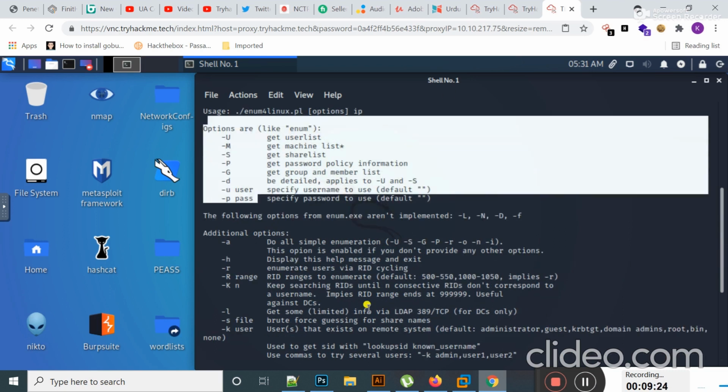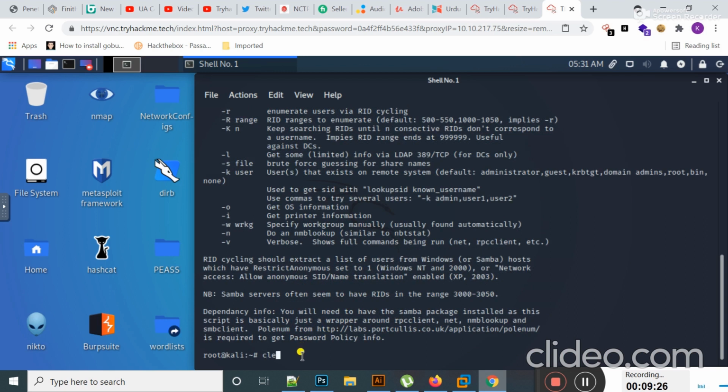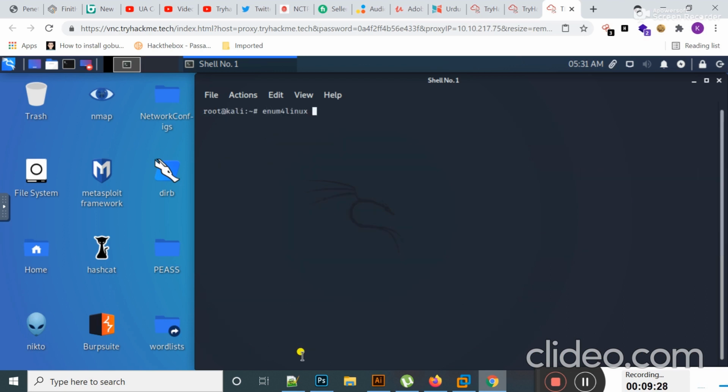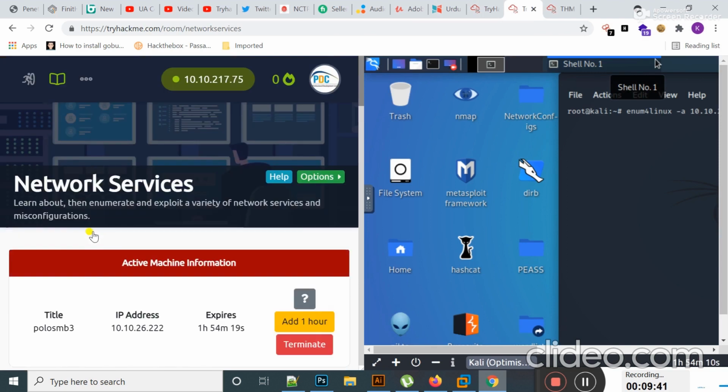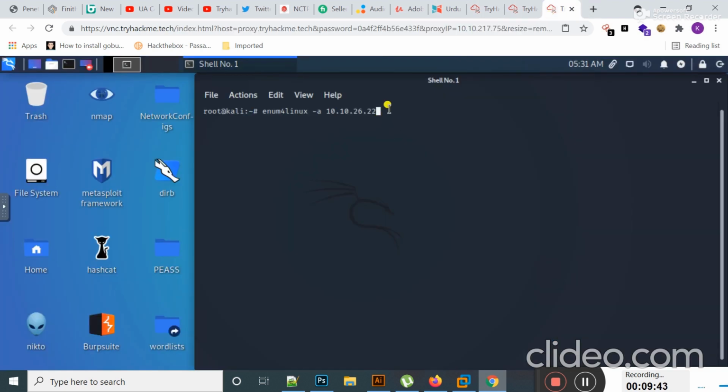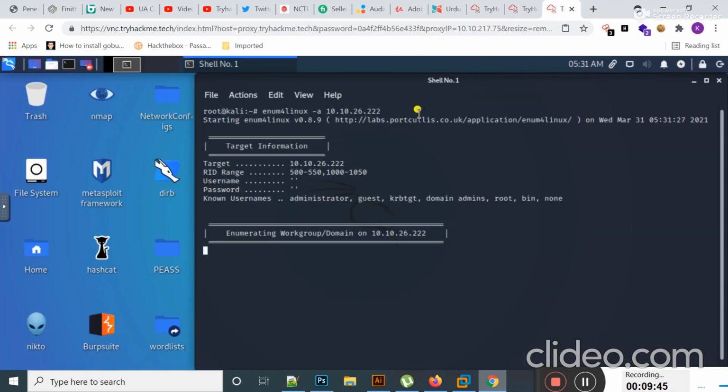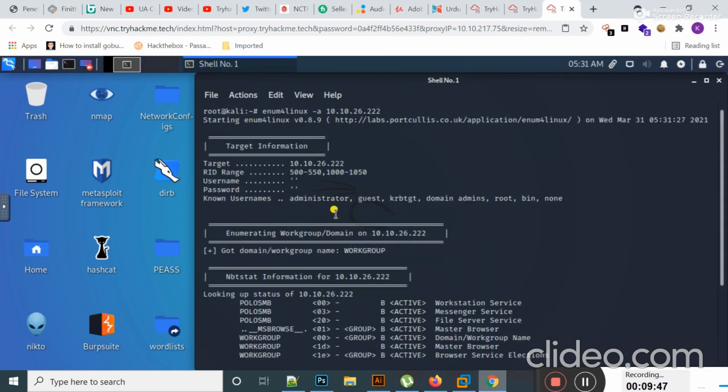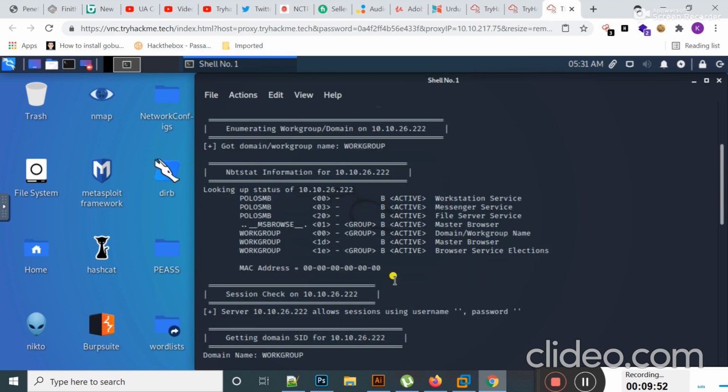I type enum4linux, then the -a switch, and then the target IP address, 10.10.26.222, and hit enter.